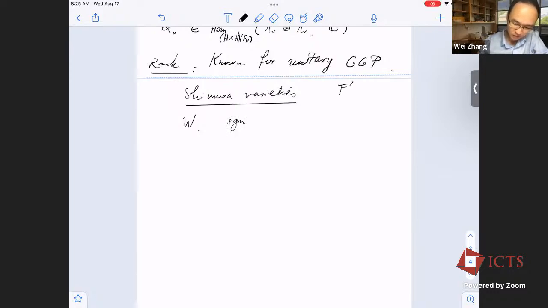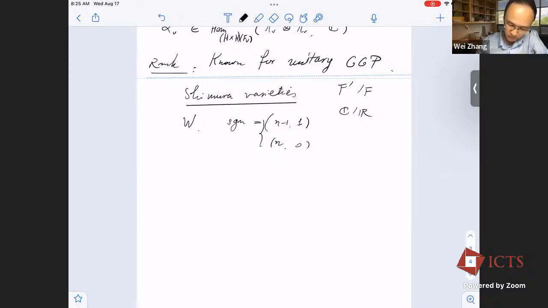Remember, my F prime over F is a CM quadratic extension. So for each Archimedean place, locally I get C over R, right? So I get a Hermitian space over C, the complex numbers. So I want the signature to be (n-1, 1) at exactly one Archimedean place, and then definite